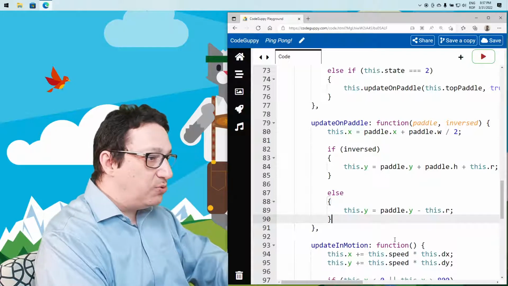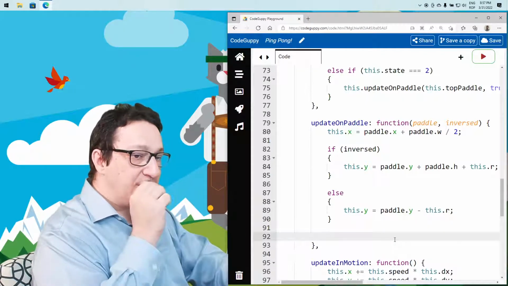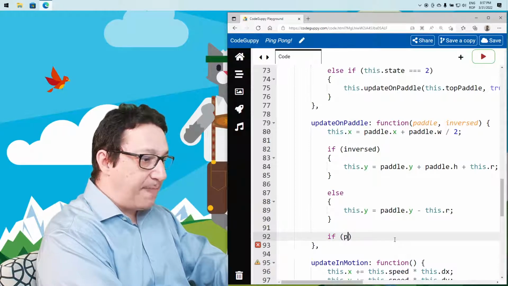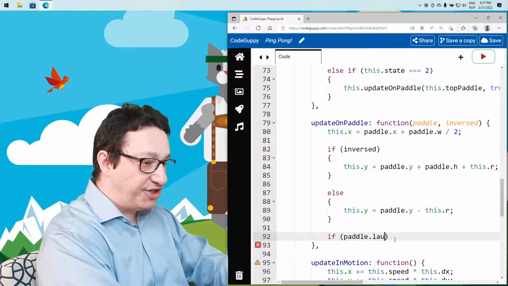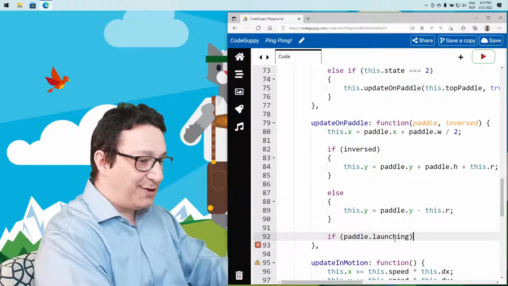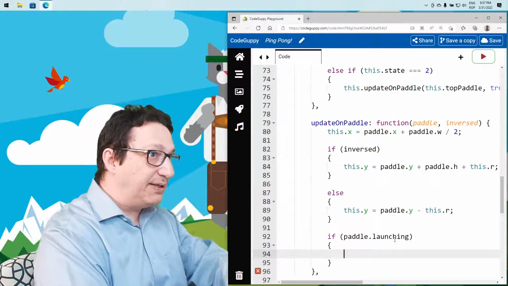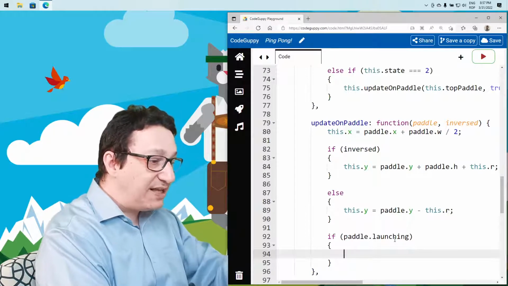What else can we do here? We can also say if, so this is the paddle basically, the paddle is launching. So we are checking if the launching property is true for that particular paddle. If that's the case,